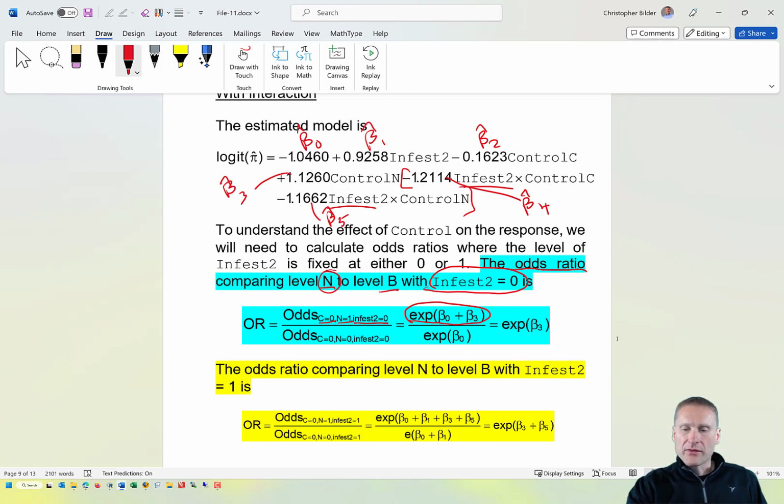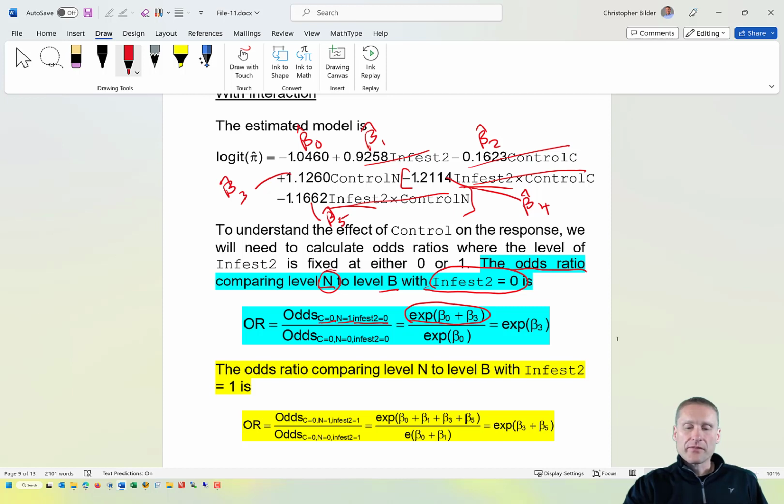So that means this is going to disappear, this is going to disappear, and then look what happens when infest2 is equal to 0. Notice that this is going to disappear as well. And also, sorry, that will disappear too. So notice I have beta hat 0 and I have beta hat 3 left. So in terms of the population odds ratio, that's where I get the exponential function value evaluated at beta 0